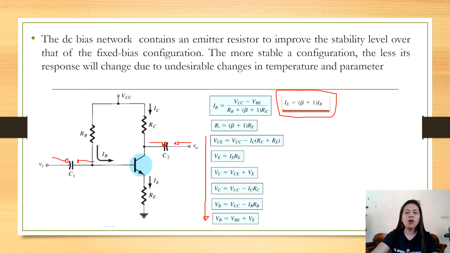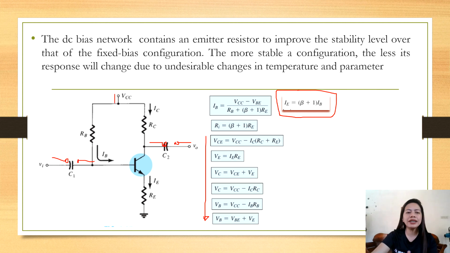Okay, so actually this is the same as with finding the IC, IC equals beta IB, right? So you really have to know about that formula or memorize that. So same with the IE, okay, you need to memorize this one. IE is equal to beta plus 1 times IB. So this is very useful as you can see in here. Okay, so we will solve IB by looping.